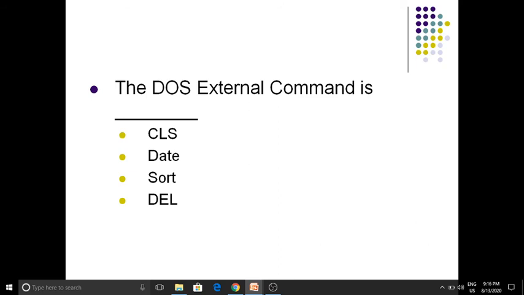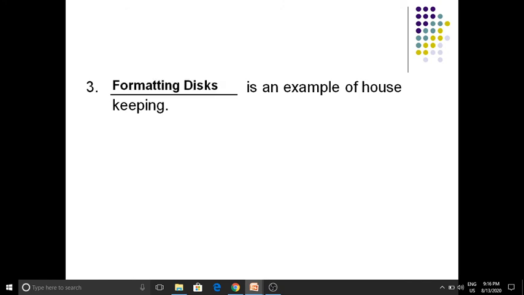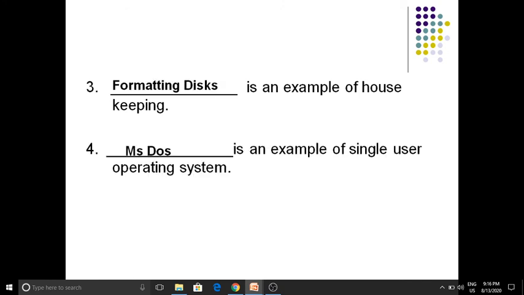He has given four options: CLS, date, sort, del. So what is the DOS external command here, students? Sort. We have already seen the slide listing DOS internal and DOS external commands. Now let us see the next questions.